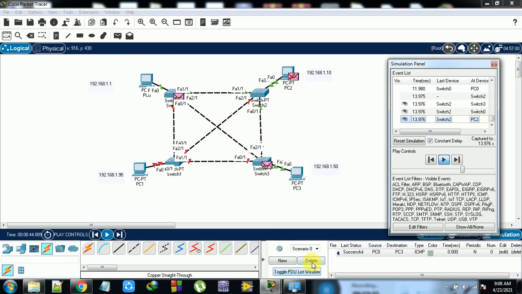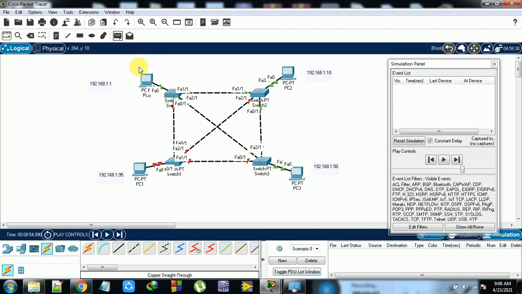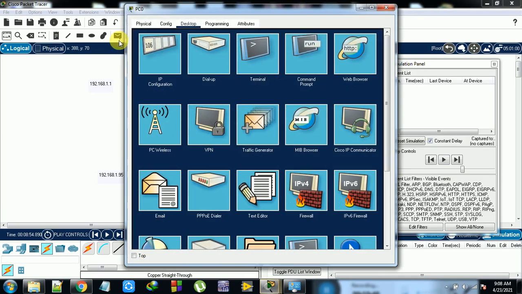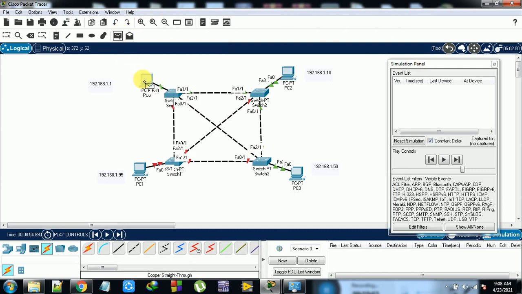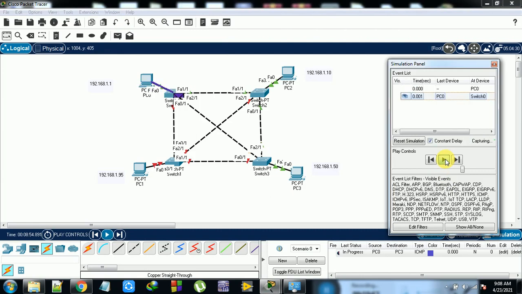Once again, delete the message and put it in this, and run it directly. The message is going in this way to the next node, reaches the destination and comes back. Just wait, and it reaches the next one.